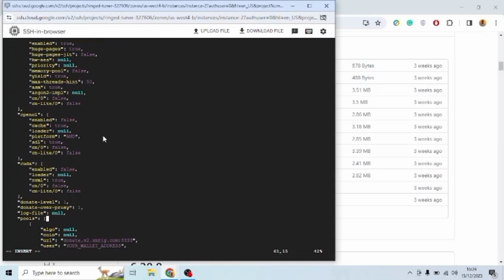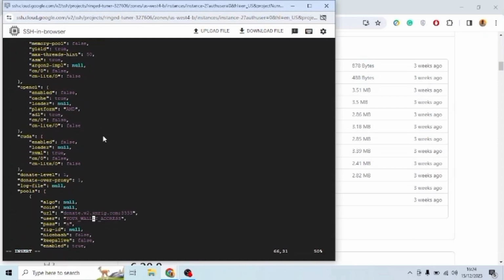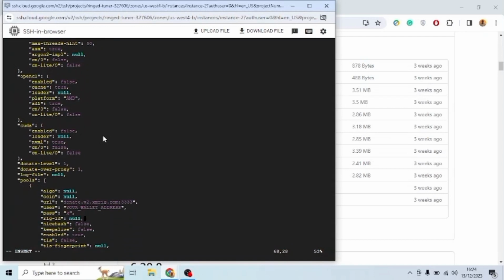Okay, so now we want to use a pool to mine, because we want to mine cryptocurrency, so we need a pool. We can't mine alone, we have to join our computer power with other computers to mine on the blockchain. Okay, so basically this miner can mine cryptos like RandomX cryptos and Ghost Riders cryptos,